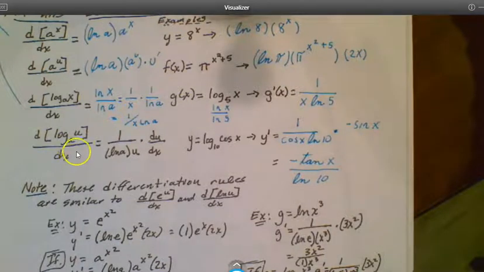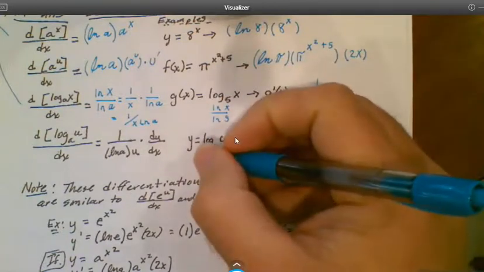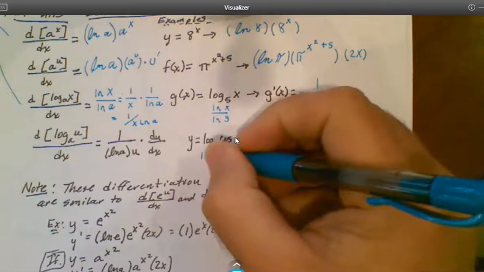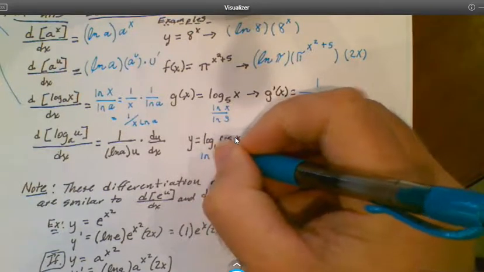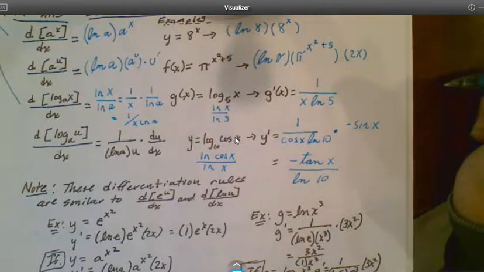This is the same rule, but now we're going to get something here more than just x. So again, we have to remember to multiply by the derivative of that interior function, and that's what this notation means, right? This is just your reminder to multiply by the derivative of the interior function. So in this case, again, we have log base 10 of the cosine of x. So now our interior function is the cosine of x instead of just x. And so we have to remember to multiply by the derivative of that interior function. Let me kind of break it down by what we did earlier. So I can rewrite this with my change of base formula as the natural log of the cosine of x over the natural log of 10,